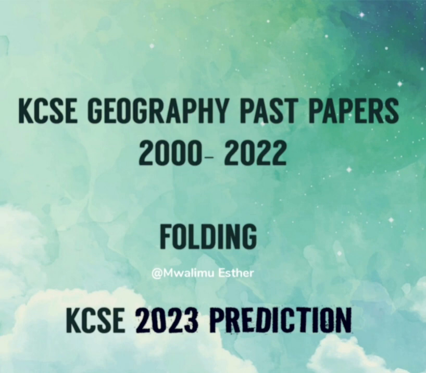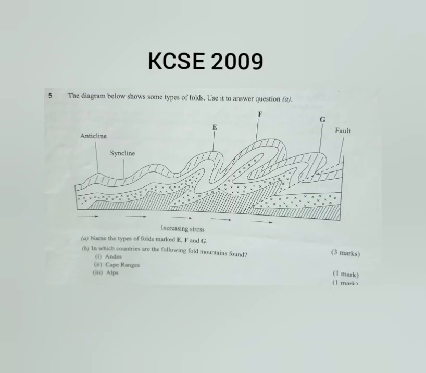The third question was tested in 2009. That was question number 5, carrying 6 marks. So the students had been given a diagram that is showing some types of folds, and they were required to use it to answer question 5A. So you're supposed to name the types of folds marked E, F, and G. So if you know how the folds follow each other,